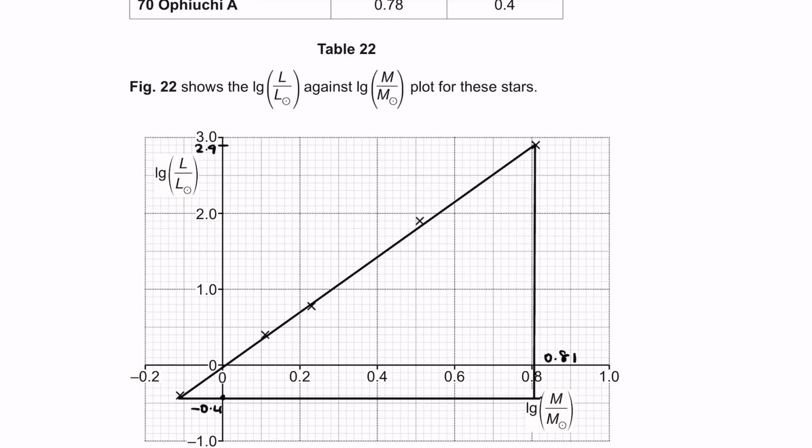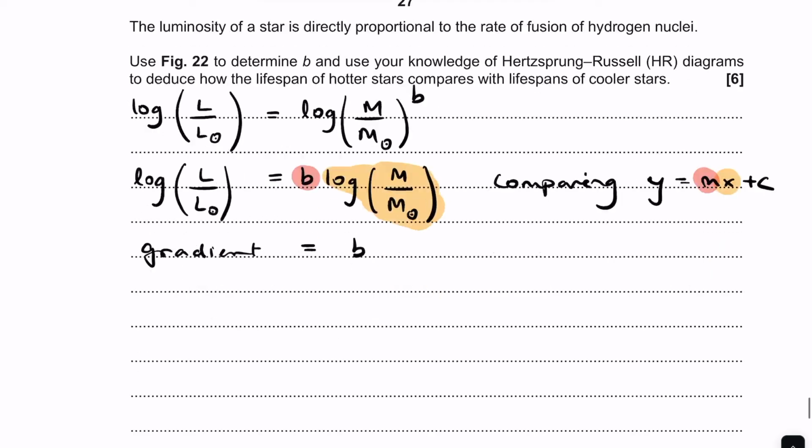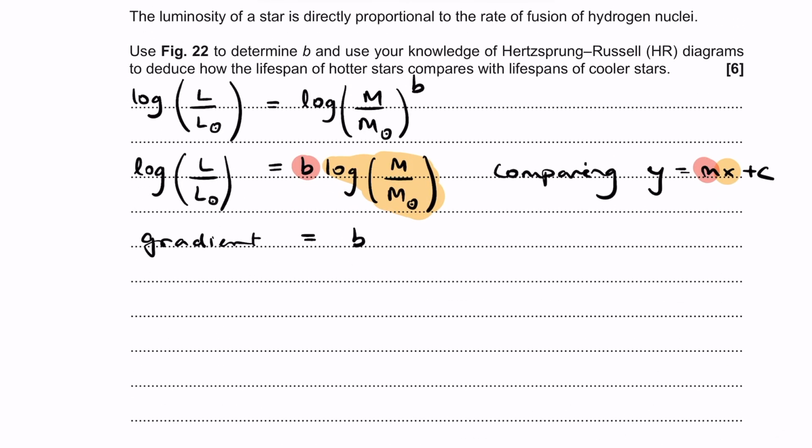Okay, and with those values, I am going to calculate the value of b. So that'll be 2.9 minus 0.4 over 0.81 minus 0.11, and that ends up giving me 3.58, or rather 3.59, and that is well in between 3 and 4, and that's going to be my answer